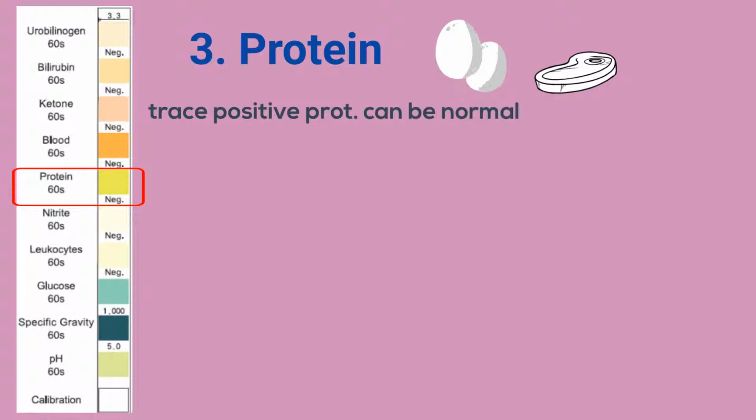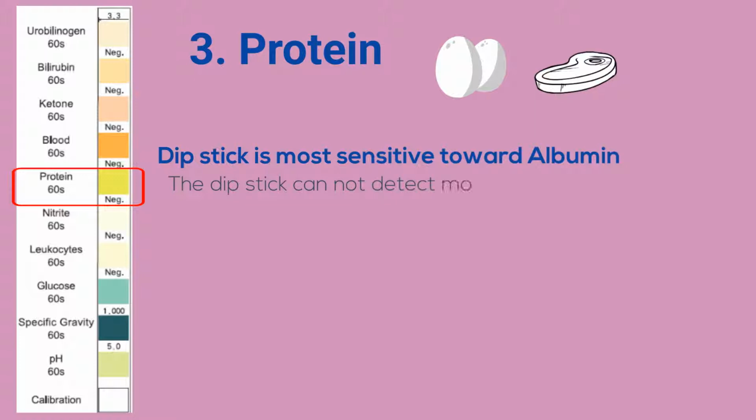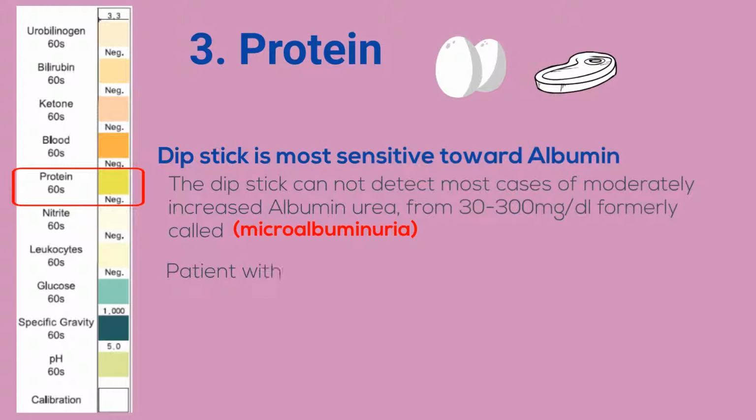Protein. Trace positive protein can be normal. There are various types of protein, but the dipstick is most sensitive toward albumin. However, the dipstick cannot detect most cases of moderately increased albuminuria, from 30 to 300 mg a day, formerly called microalbuminuria, which is important for patients with diabetes, since those patients can benefit from ACE inhibitors or ARBs to